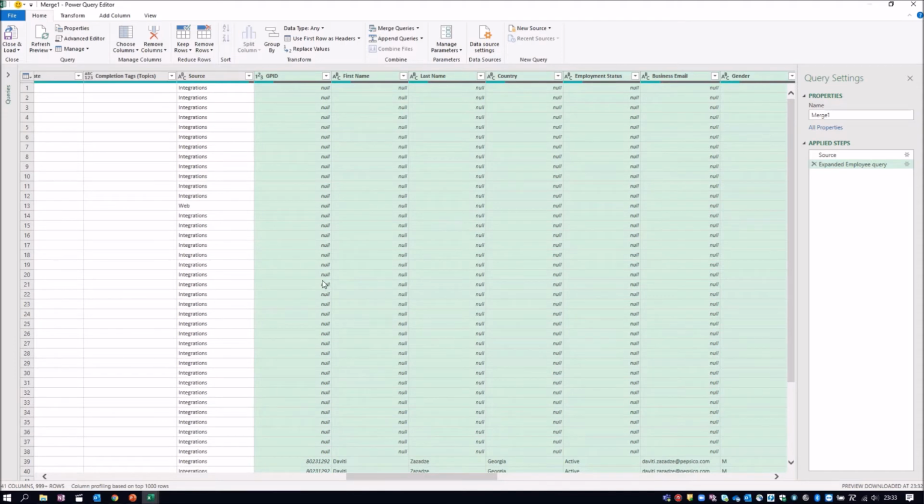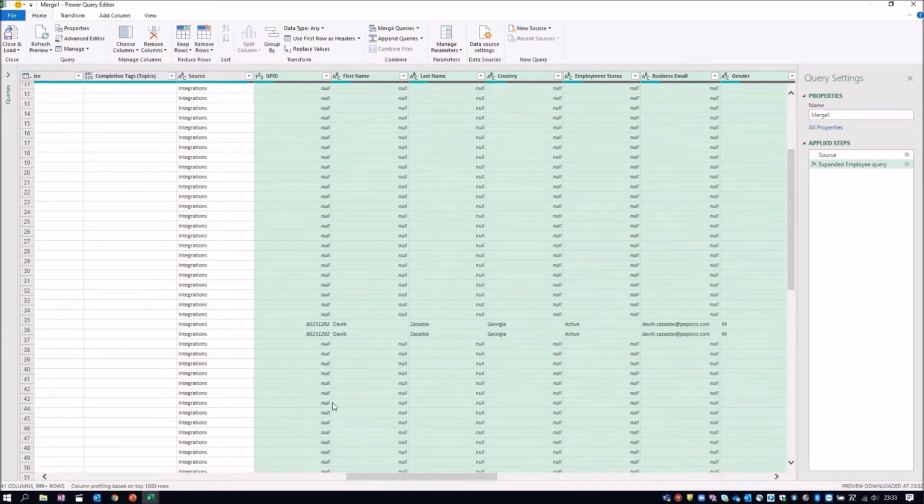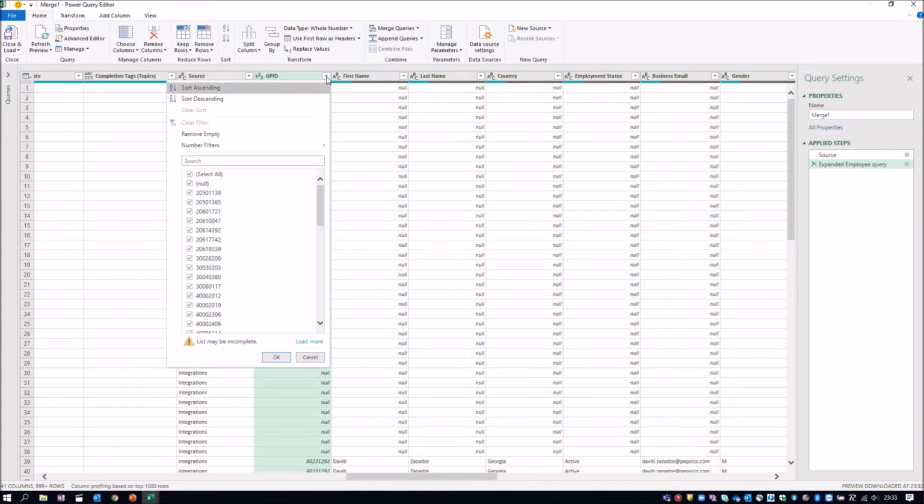So the only processing we're going to do on this table is let's get rid of all these records where the GPID is null. That means that that person is not in Europe, and I'm not so much interested in it because I'm going to run statistics for my sector, in this case for my own cohort or extraction. So I'm going to remove the empty ones.